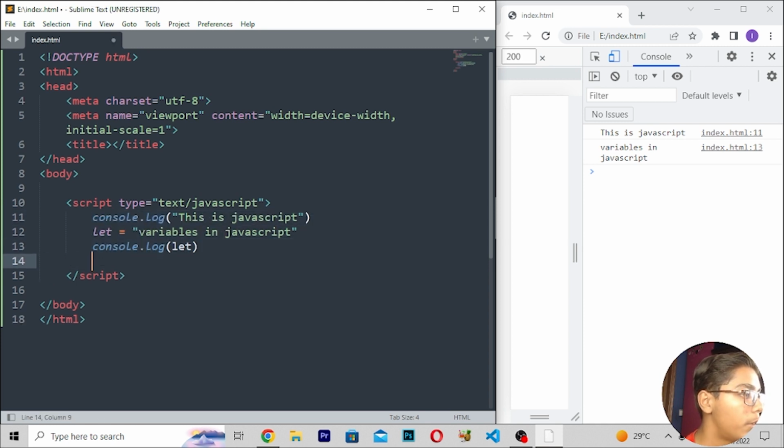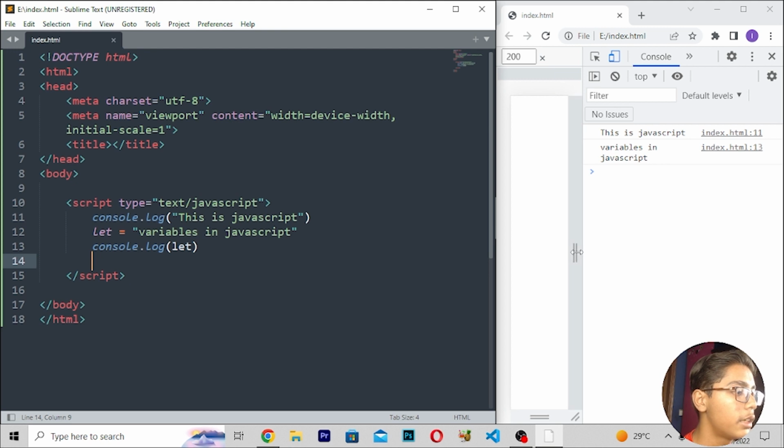So you can move down here and use some of the other tags also to work with this. Here you can use the same tag, and when you have written this you can move down, then move into this tag. After moving here you can save this, then reload, and you will see that we are getting variables in JavaScript written here.